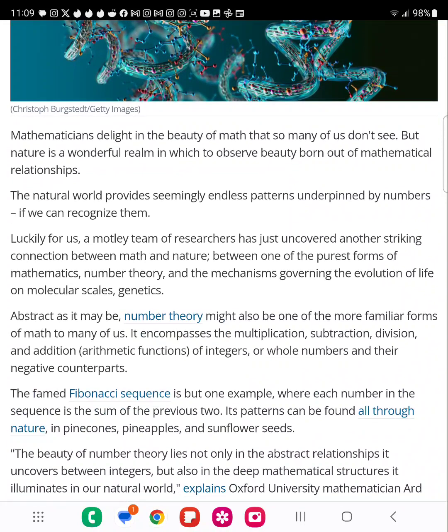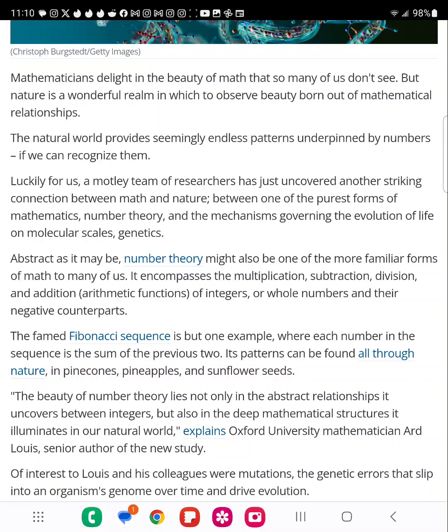Luckily for us, a motley team of researchers has just uncovered another striking connection between math and nature, between one of the purest forms of mathematics, number theory, and the mechanisms governing the evolution of life on molecular scale, genetics. Abstract as it may be, number theory might also be one of the more familiar forms of math to many of us. It encompasses the multiplication, subtraction, division, and addition,